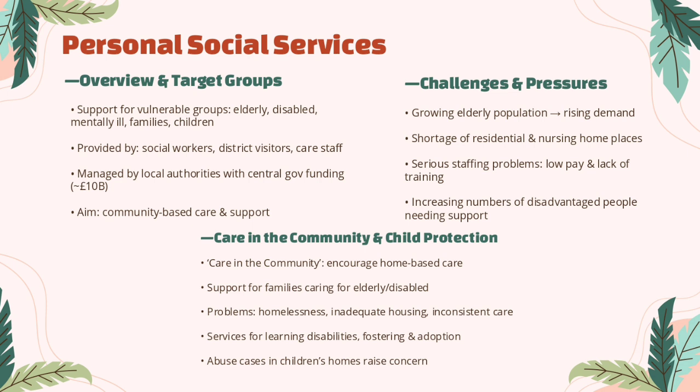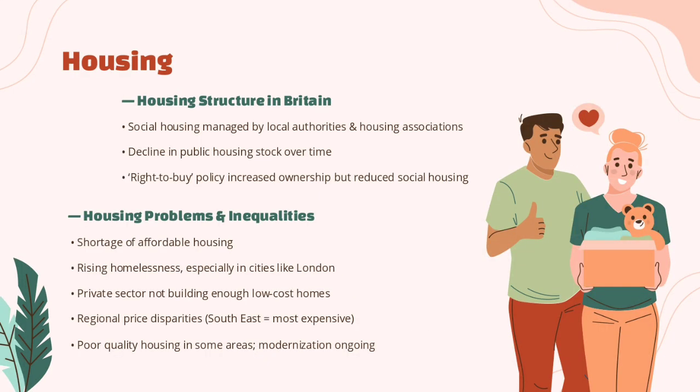There are patients with mental illness or mild disability who end up homeless or living in an unsuitable place. They also take care of children in care homes, foster care, and adoption. However, several cases of abuse have emerged, causing the public to become skeptical and demand major improvement. The next one is housing.